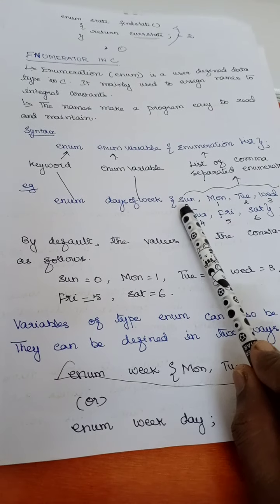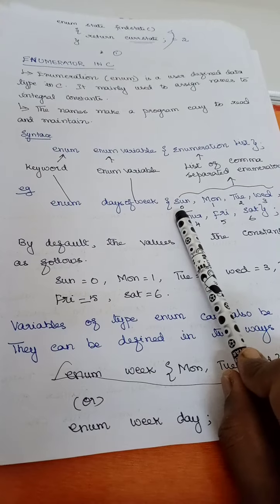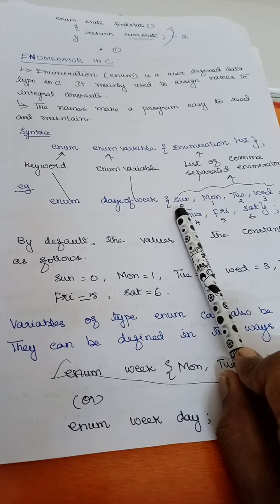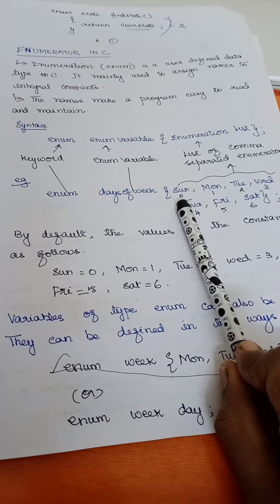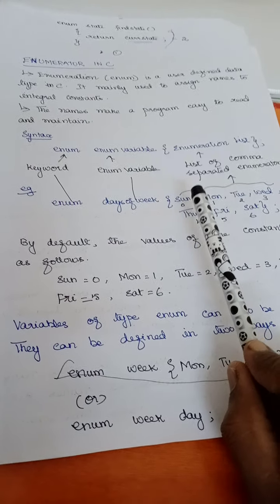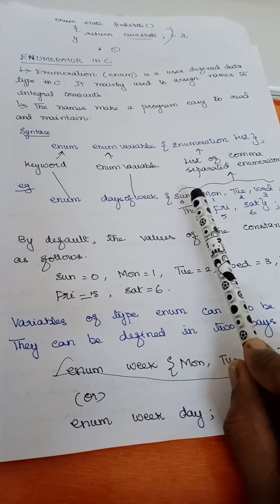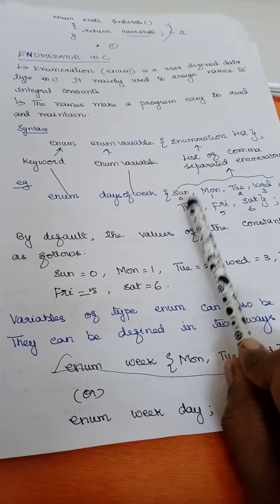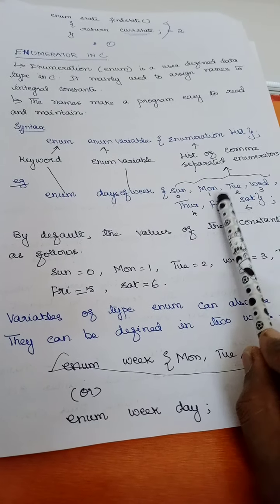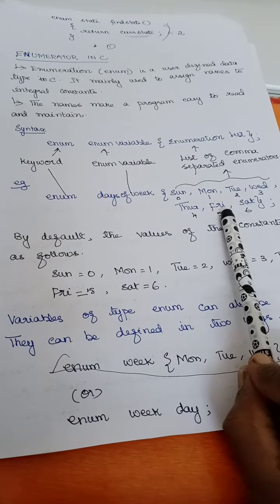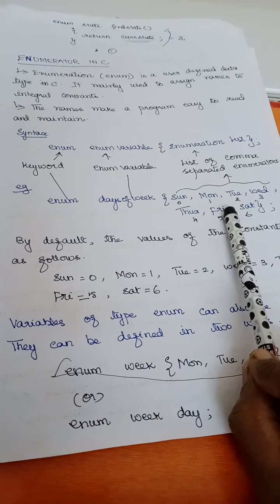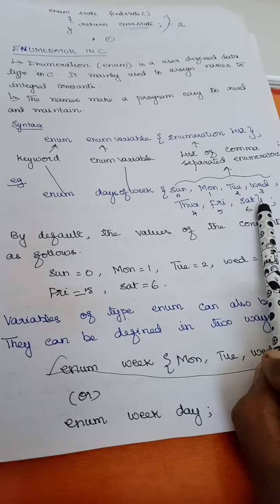And here the compiler will automatically take the value starting from 0, if you are not specifying. But you can also specify your own value, and it is not necessary that I have to start only from 0. I can start from any value. And in between also I can change the values. I can assign some other value, so automatically it takes the new value from that position, right?